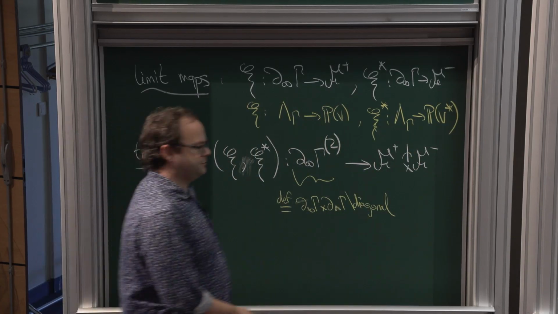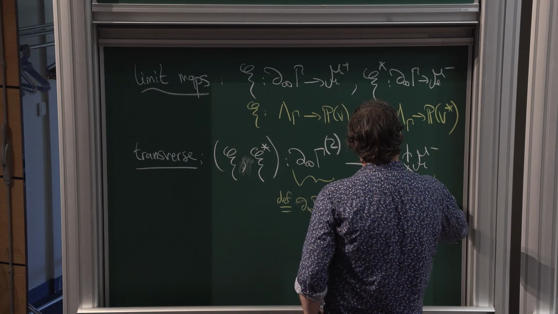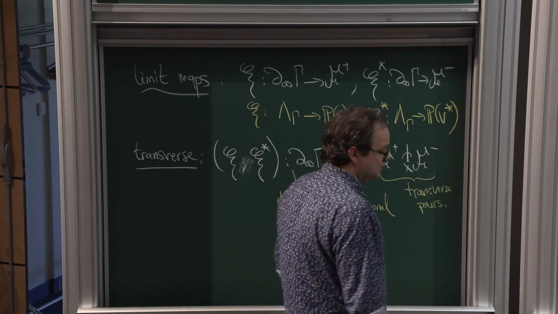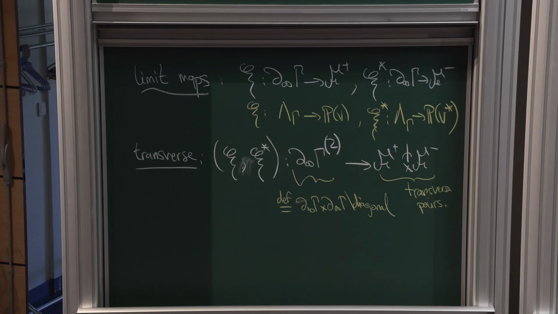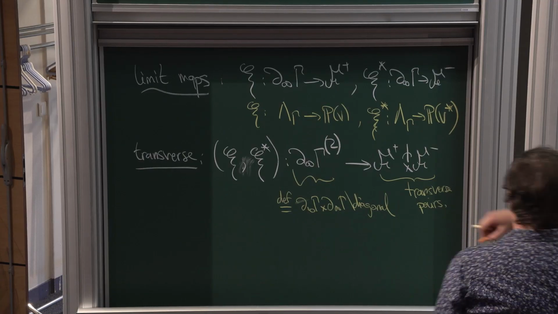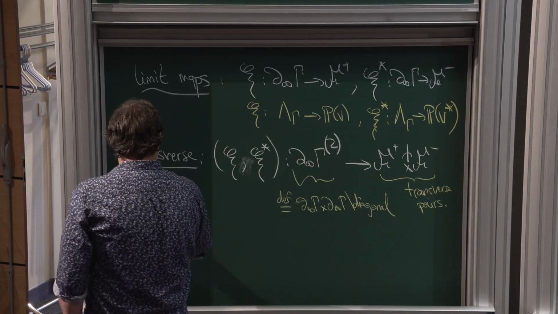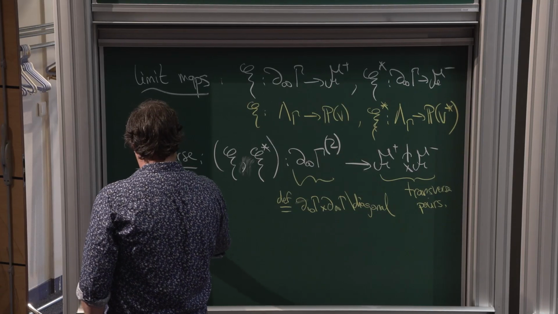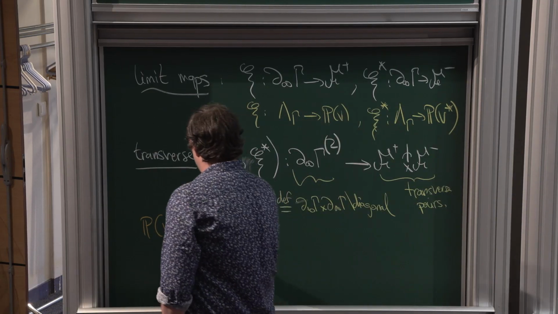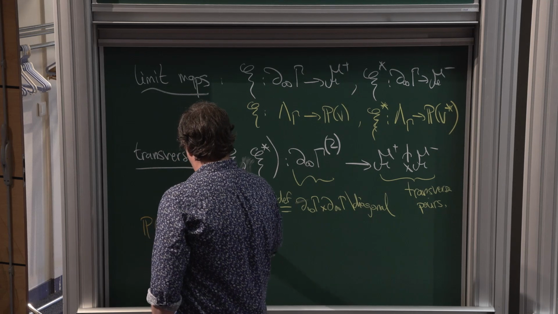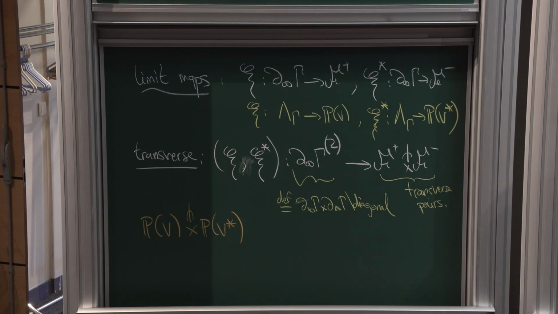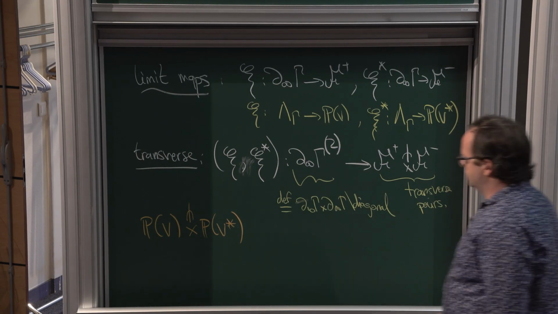You want this to go to transverse pairs. Right, and in our example here, I realize that my color code is already messed up. I don't know if this is visible here. When your flag manifolds are just the projective space and the projective space of the dual, transversality means that, well,